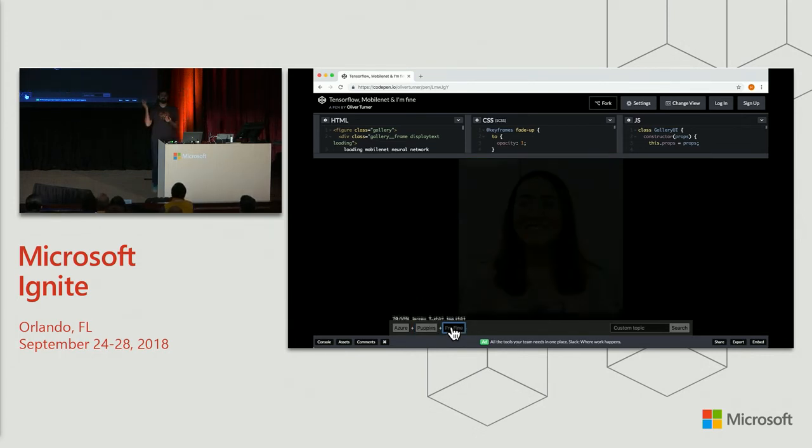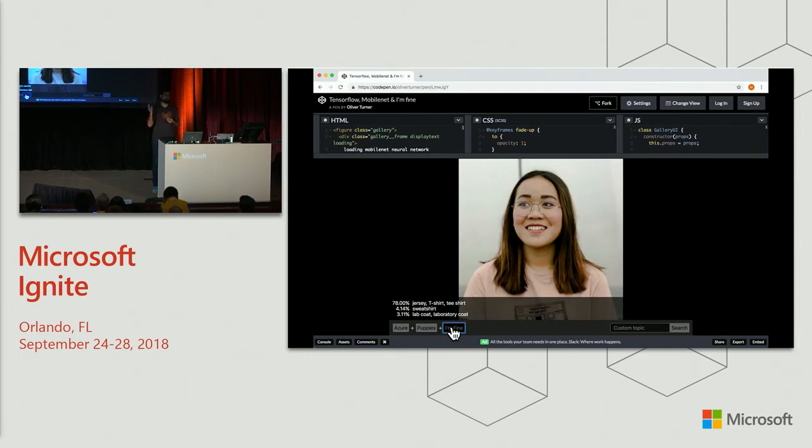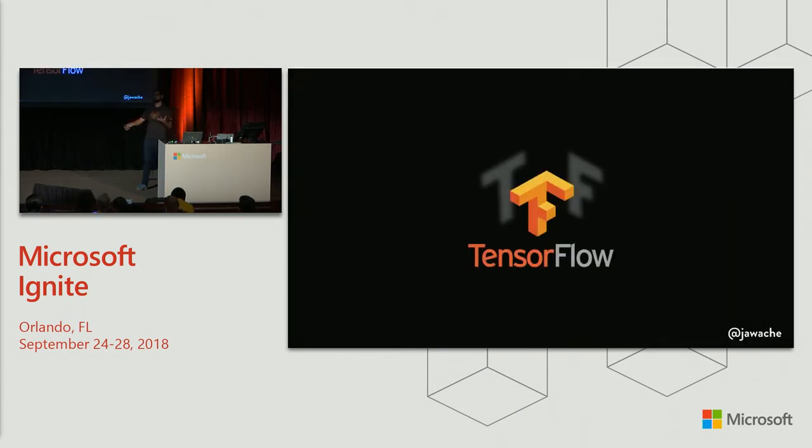But the important thing to realize about this particular demo is that this is all running in JavaScript in the browser. Okay? The only API request this is making is to Unsplash to get an image. The actual guessing of what's in the image is happening inside the browser using a framework called MobileNet. And how is that happening? Well, it's using a tool called TensorFlow. Does anybody use TensorFlow here?